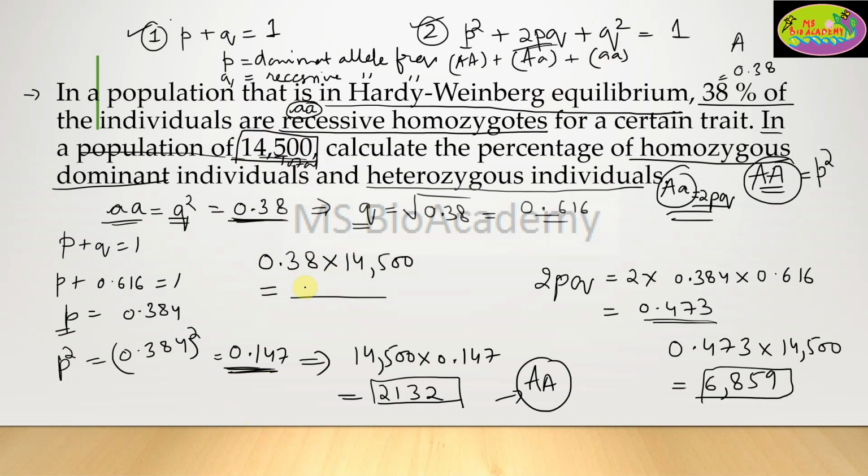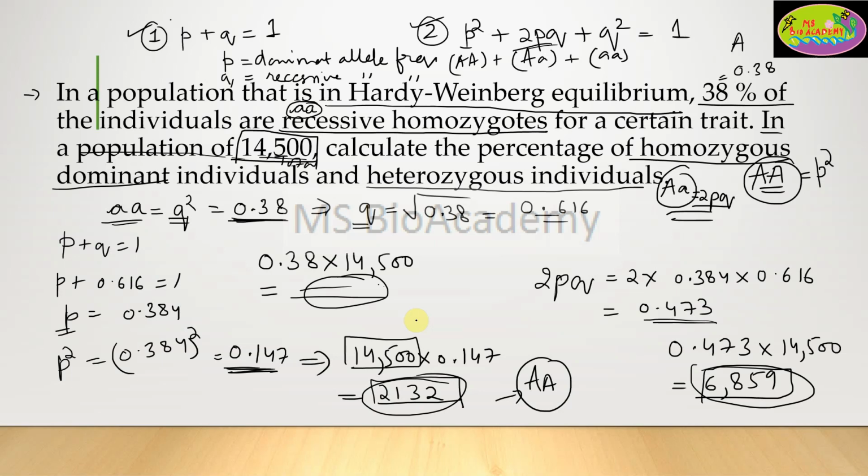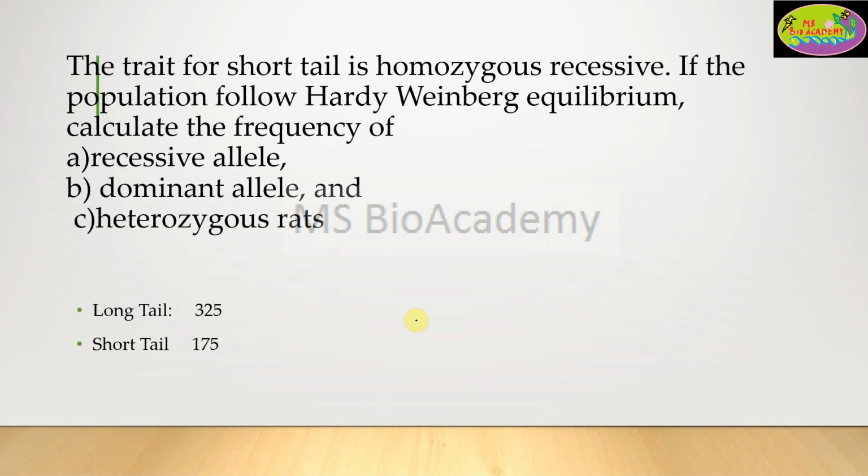Once you calculate this, some number will come, and you have to check whether this number and this number, all three, add up to 14,500 total. Okay, if it comes to this, that means your answer is correct, and it is going to come to this only. So that means the way we have calculated is correct. So this is the way to calculate such kind of a question. Let's move on to the next problem now and discuss that also.